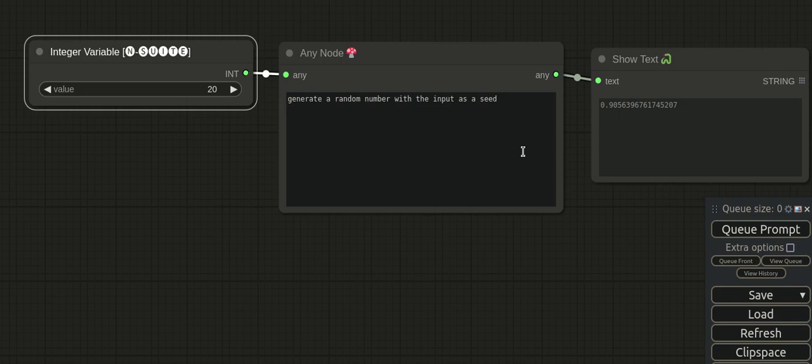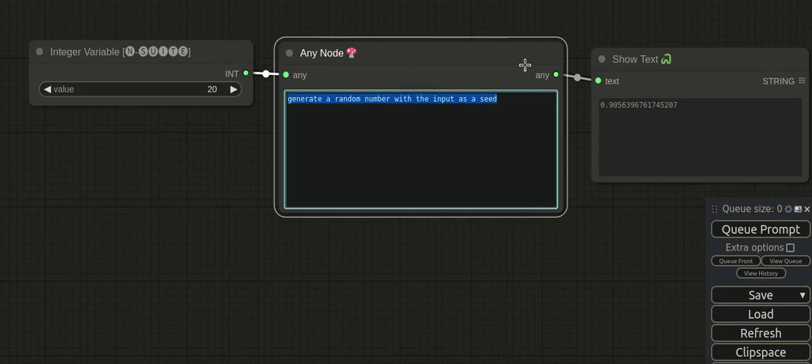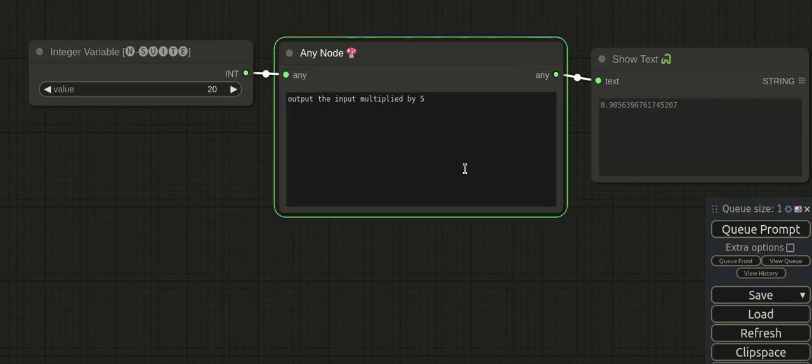So this is a very simple example, but I can just change it to make output the input multiplied by 5. So this should output 100. And it's going to take a sec this time, but yeah, there we go. So it took a sec because it had to use the API call to OpenAI, but there it goes, multiplied by 5. Now I'm just using an